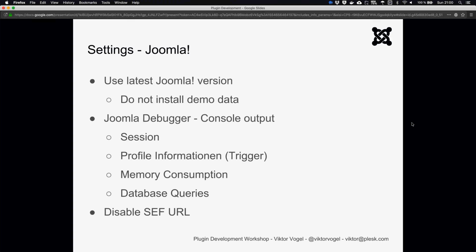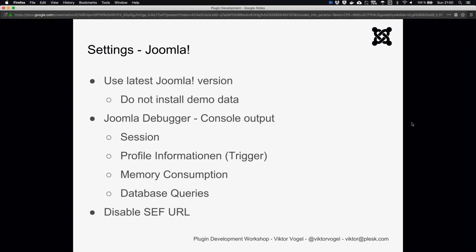The Joomla debugger. So we have a nice Joomla debugger. You can activate it in the global settings, and it's also a plugin that is pre-enabled if you install Joomla. If you are not using the debugger, as a tip, always disable the debugger plugin. It doesn't have to be triggered if the global setting is not enabled. But there you can get a lot of information that will help you to find bottlenecks. You can see how much memory consumption you have there, or how many database queries. If you have a bug in the code, maybe instead of 1 or 2 queries, you will do 100 or 1,000 queries. So, or if